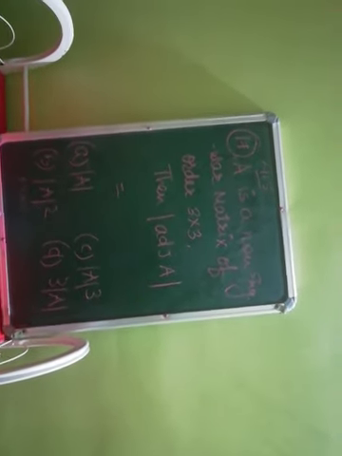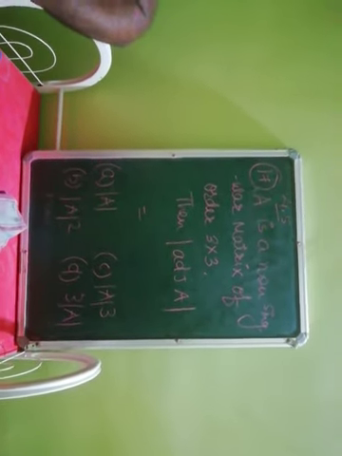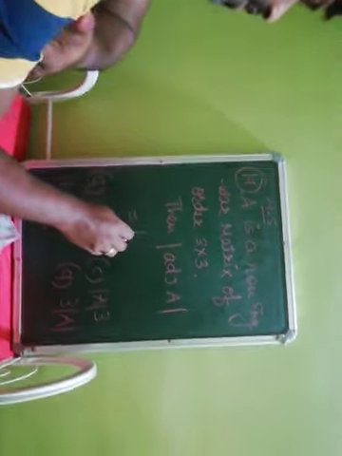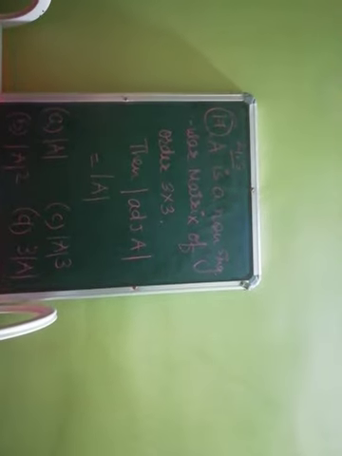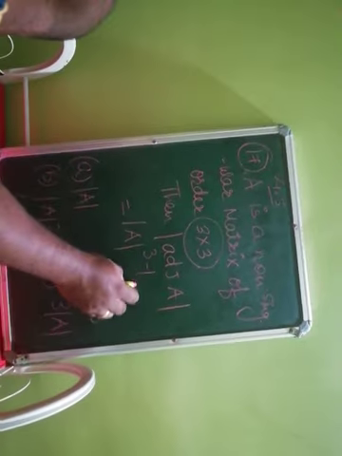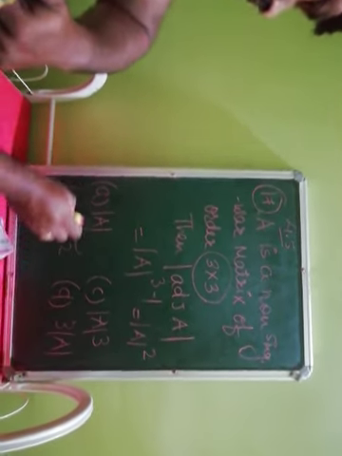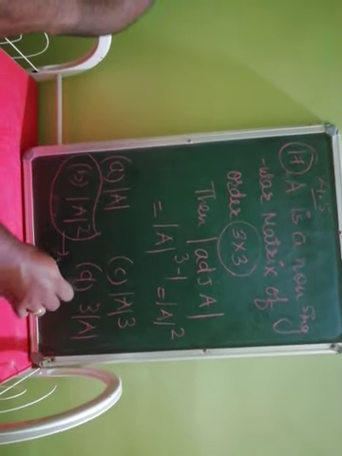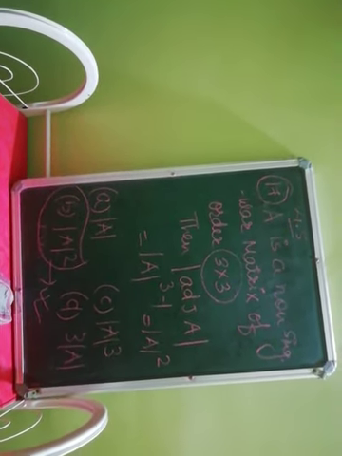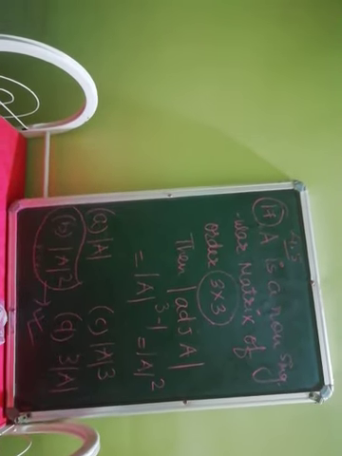So easily we can do it. We have to find the adjoint of A. Already we have done the proof of this question here. So the determinant of adjoint of A is determinant of A raised to the power of the order minus 1, 3 minus 1. That is determinant of A whole square. And obviously the result is B. This is the correct answer. So this is a question which is repeatedly occurring in the board exams also. This may be given in a different language, but the questions are the same.